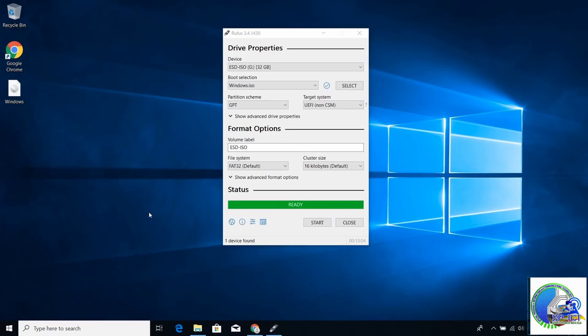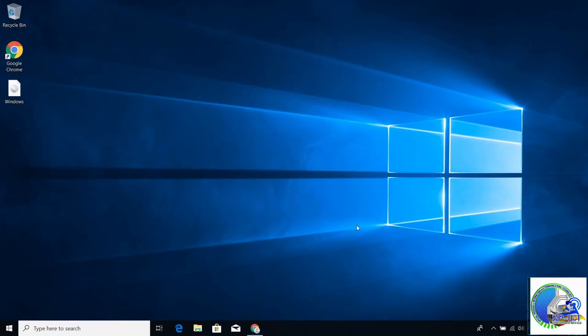Now, when completed, you should see Ready here and then you can close Rufus and check your USB flash drive. And with that, you have a Windows 10 bootable USB flash drive ready to install Windows 10 on